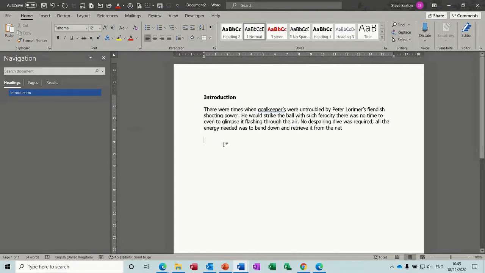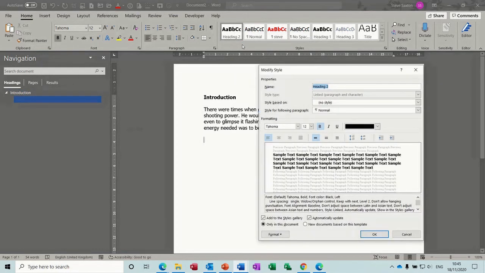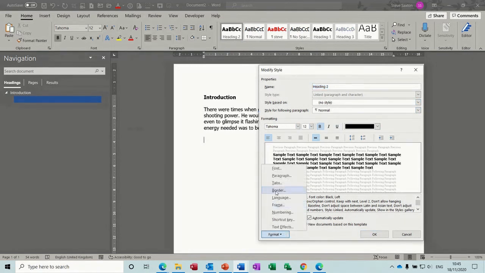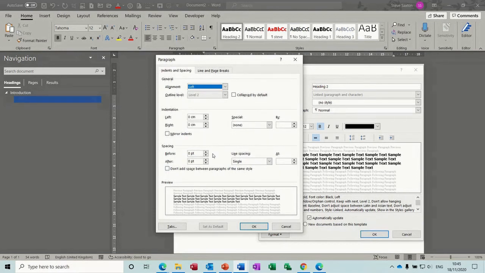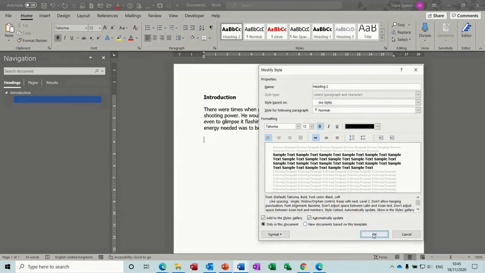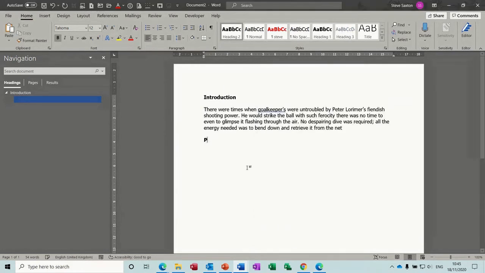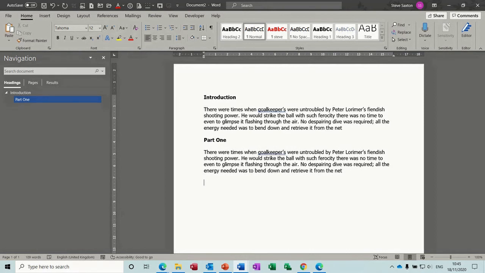Now let's do a heading style 2. So heading style 2, that one. I'll just have a quick look at this, see what this is. So heading 2, yeah, okay, that's okay. And then just check whether there's any spacing before paragraph. No, so that's all right. I'll use that all the time, so that's why it's set to that. That has already been edited. So then I can just go part 1. There's a heading style, and then I'll just do a bit more auto text, and then I want heading style 2 again, and then part 2, and then your text,